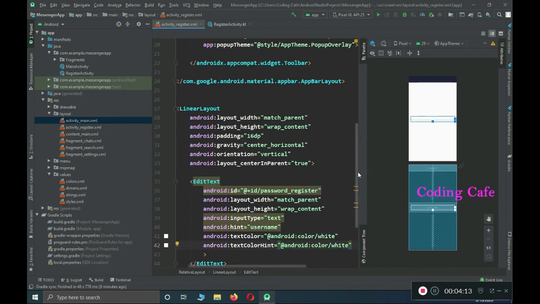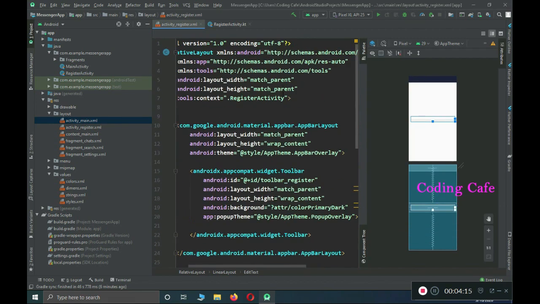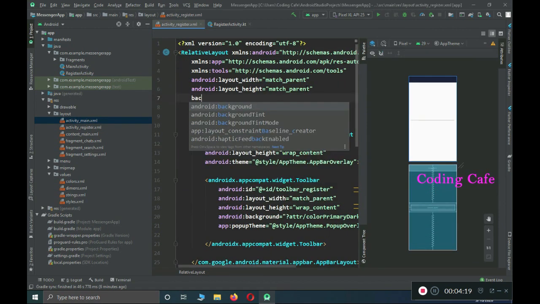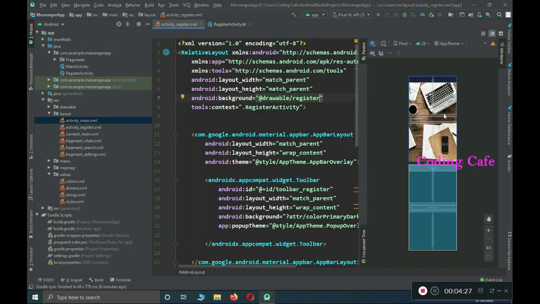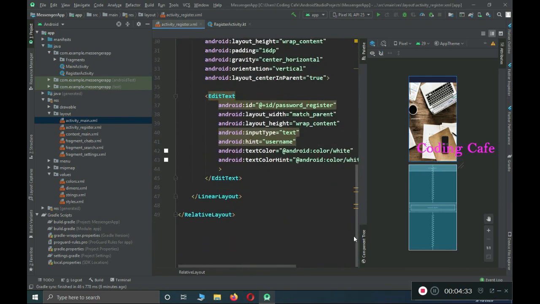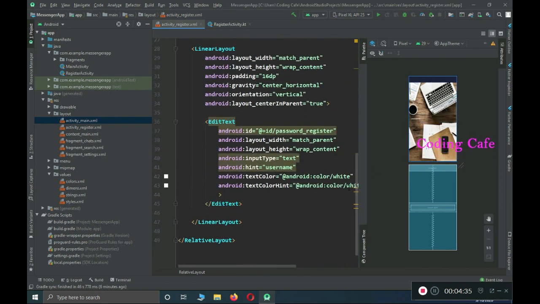Now let's add a background to our this register page. So for that, come here at the top, you can just type background, and inside the drawable we have a picture by the name register, which is this one. Okay, and by the way, I provided all of these things in the previous video tutorial. Hope you remember that. So anyways, here you can see now this is our edit text,